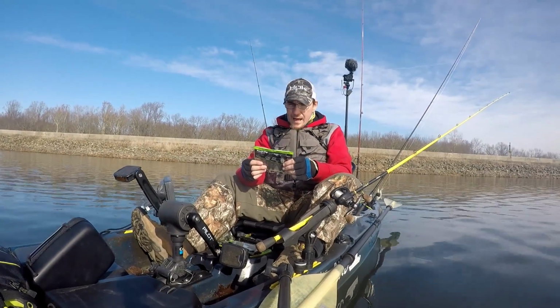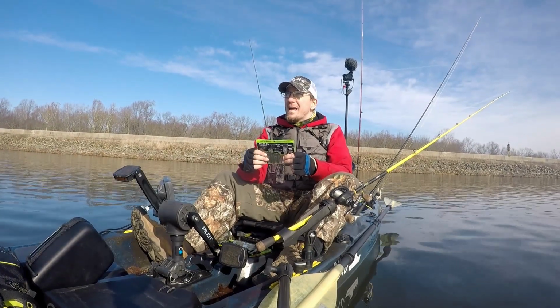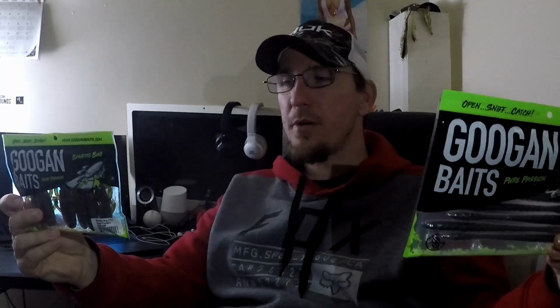So the first one we're going to start out with is the Bandido Bug. What I'm going to do is cut to a close-up and an overview of this product right now. All right, everybody, I've got the GOOGAN baits. I'm going to give you guys a close-up and show you what these things look like. Yak Mama got these for me for Christmas, so I figured we would go ahead and do a review on them. The first one we're going to start with is the